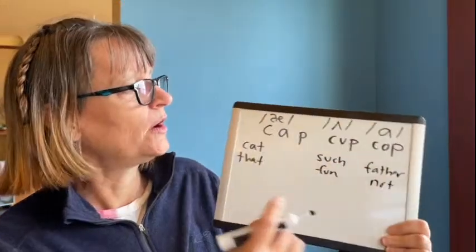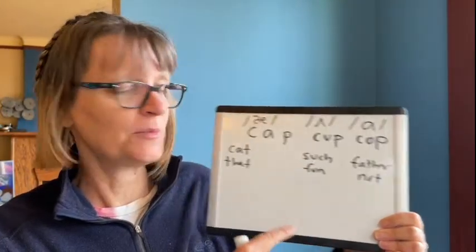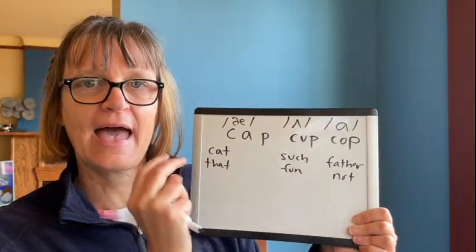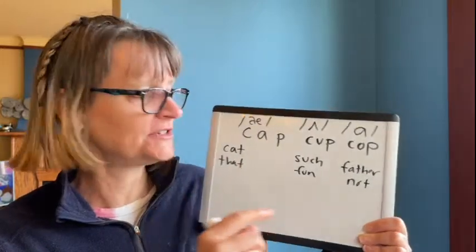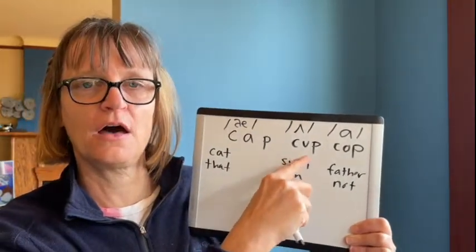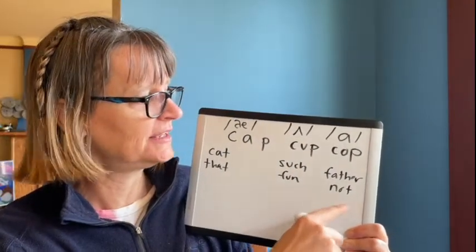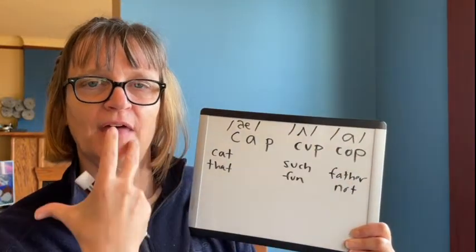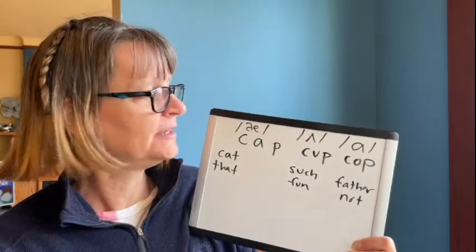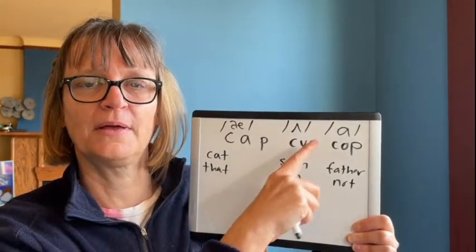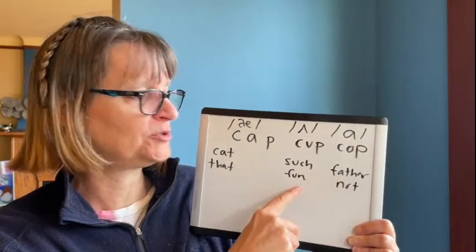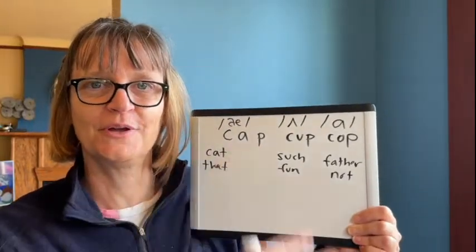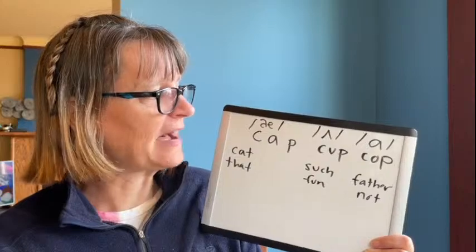So typically for these kinds of pairs, it can be helpful to match. So for example, if I was saying that cap, that cap, keeping my vowel consistent, or a fun cup, keeping the schwa vowel consistent, and then not a cop, or my father's a cop, keeping that vowel consistent between the two. Because you might have difficulty between cup and cop, but you might not have as much trouble between fun and father. So having an anchoring word to help you understand what the vowel is,